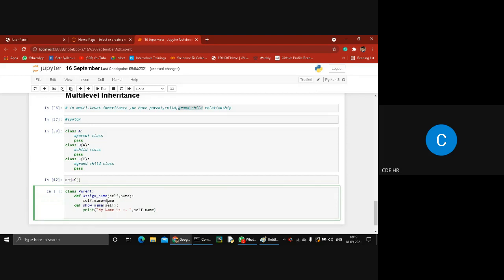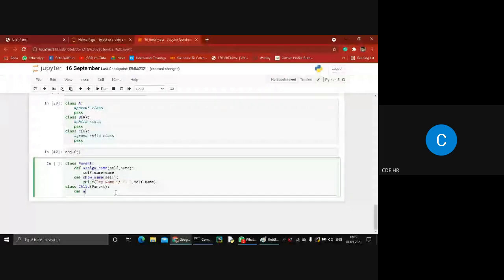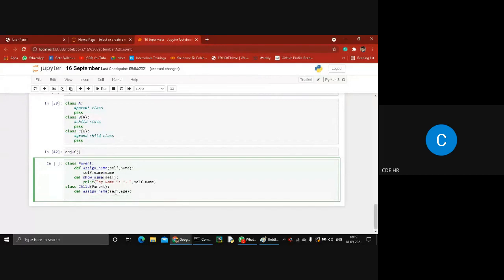Now get another class. It will contain the properties of the parent class. Is this line clear? Yes, sir. So we have to get another function, assign age. It contains the arguments self and age. Self.age equal to age.